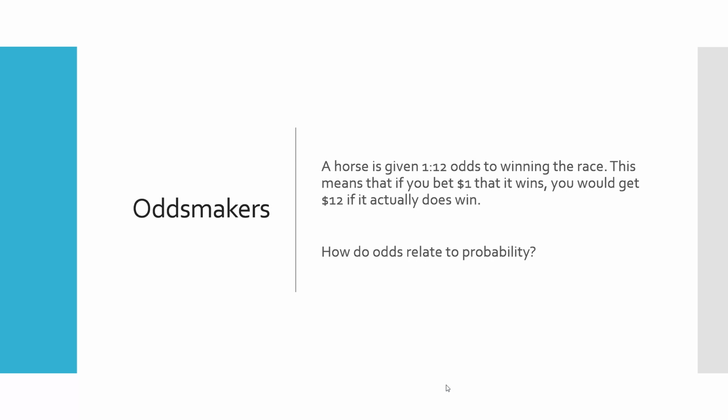So when you are given odds, something like 1 to 12, that's how this is pronounced, 1 to 12, that your horse has a 1 to 12 odds of winning the race. What that means is if you bet $1 and the horse wins, you get $12. That's what odds means for gambling. So how does that relate to probability? That's my question. Does that mean we have a 1 in 12 chance? I mean, if so, this would be the fairest gamble possible. But actually, no.